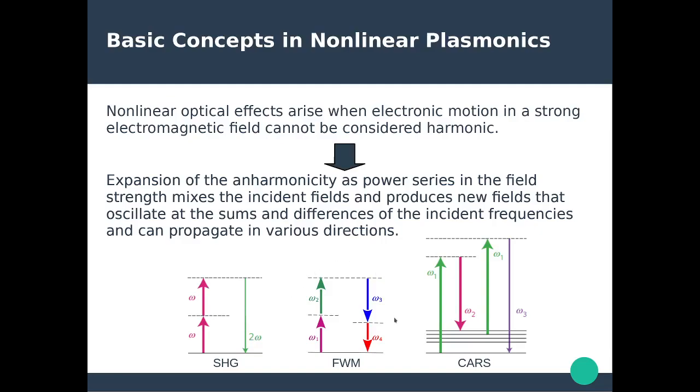You have more complex schemes like the four-wave mixing that I've mentioned before. This is of course a third order process that, as I discussed, absorbs two photons with different frequencies. It could be the same, but you absorb two photons simultaneously, and then you have emission of two different photons with two different energies. They could also be the same eventually. So this is four-wave mixing because you have four photons being involved. But this is a third order process, so it is going to be dependent on the